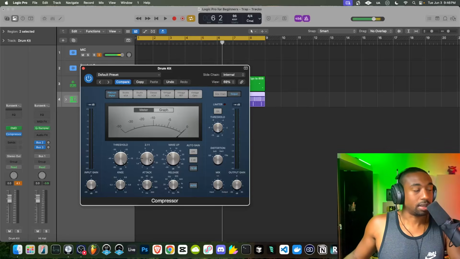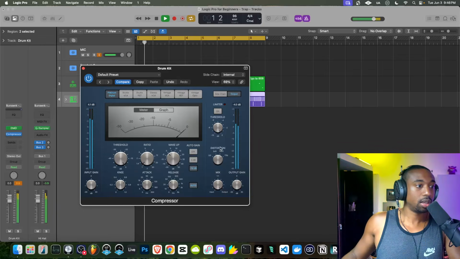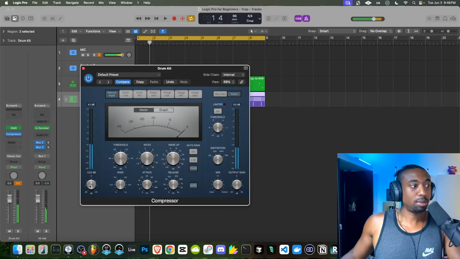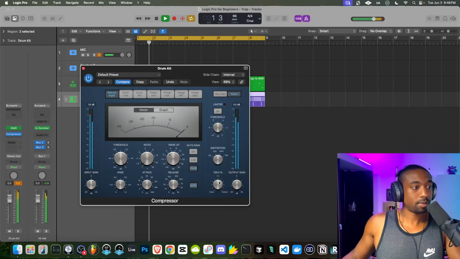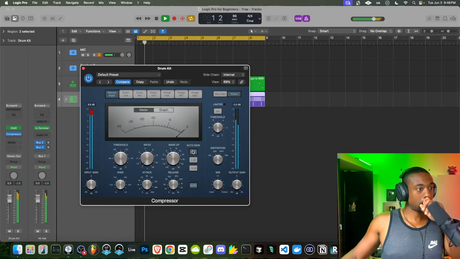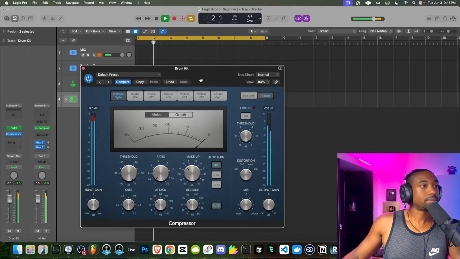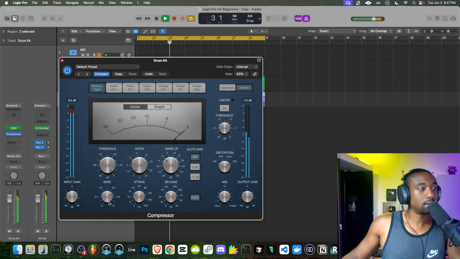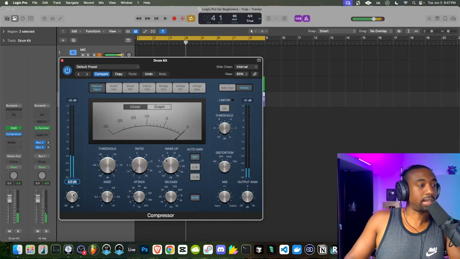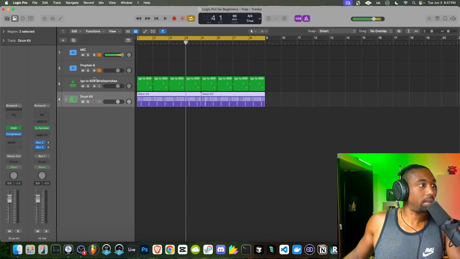So what we're going to do is turn up the threshold. So it says 0. We don't want the compressor to actually do anything. And we're going to turn the ratio to 1:1. So it's not doing anything. We're going to use, it's called the distortion mode here. And we're going to turn the input gain up for the drums. And then to compensate, we're going to turn down the output. And I'm going to turn the auto gain off. So now I can push the drums. Now keep in mind, we don't have a kick coming through here, so it's not much to actually saturate. This might be a little bit better demonstrated on the 808.